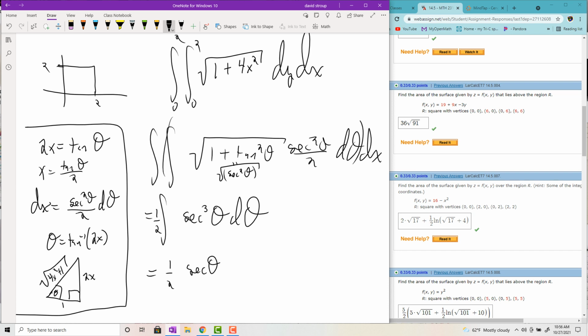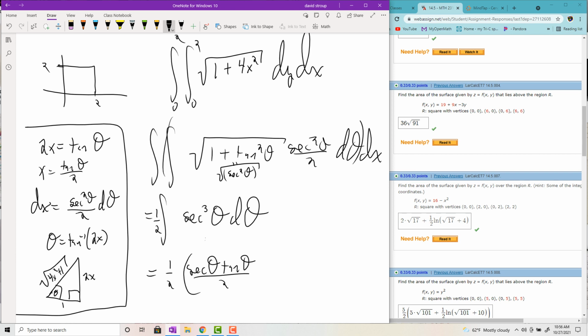secant theta tan theta all over 2, and then it's either minus or plus. So, I mean, you would have to do integration by parts on it. Okay, it's either going to be minus or plus. I can't remember if it's minus or plus. So